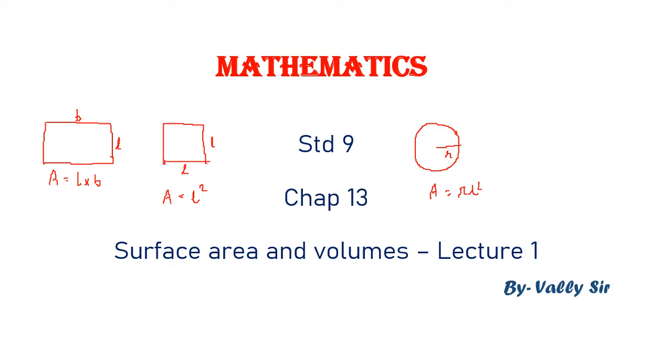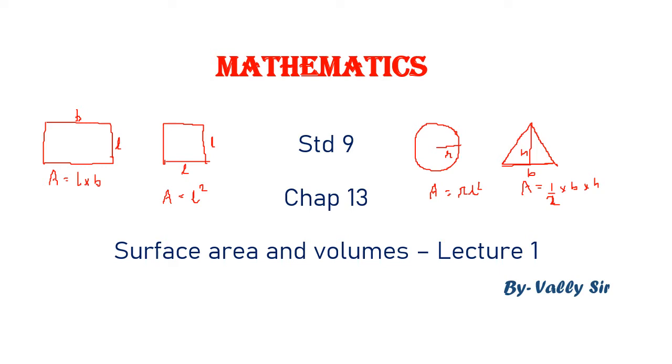So these are some two-dimensional shapes that we have learned about. Right? These are all two-dimensional shapes. The square. Then we also have the triangle, whose area is given as half into base into altitude. This is the base B and this is the altitude we call H. So these are all two-dimensional figures, and in the previous classes we have learned the area.